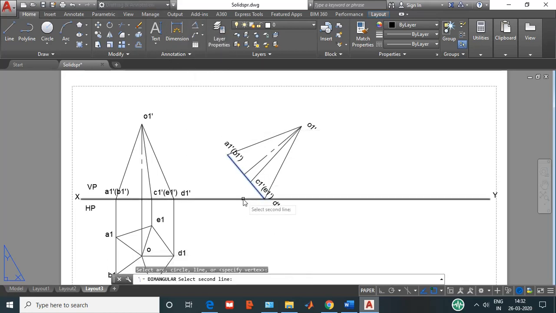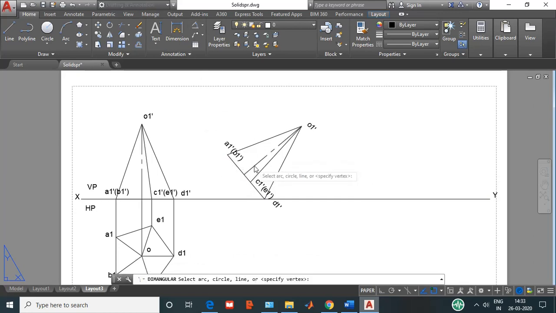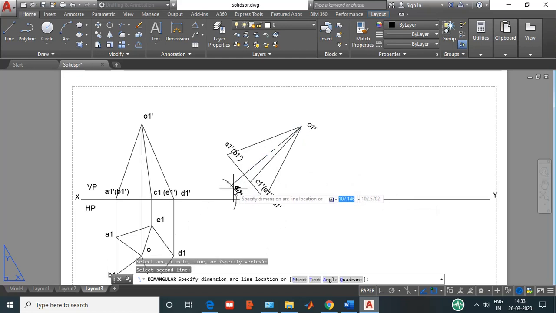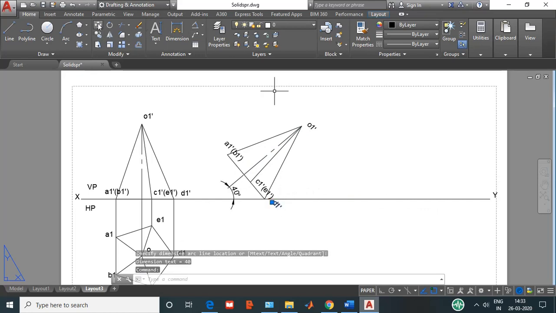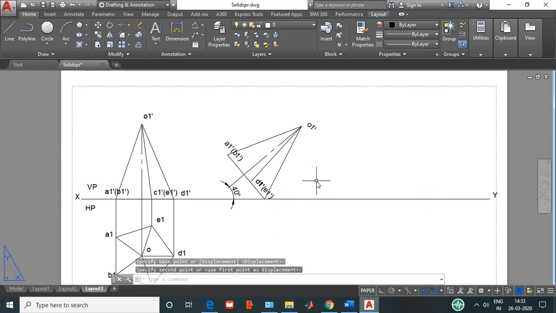You can check this. This base is at 50 degrees, but we are not interested in the inclination of the base, we are interested in the inclination of the axis. If the base is at 50, then automatically the axis should be at 40 degrees. Let us check it. You can see the axis is inclined at 40 degrees. This is what we required. I'll just move this. Okay, it got merged.